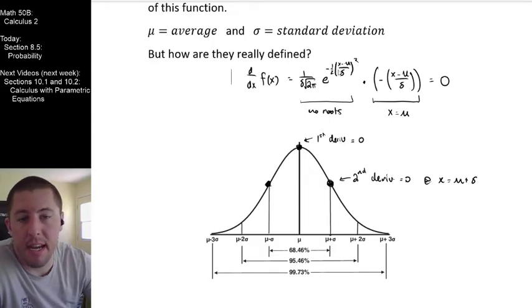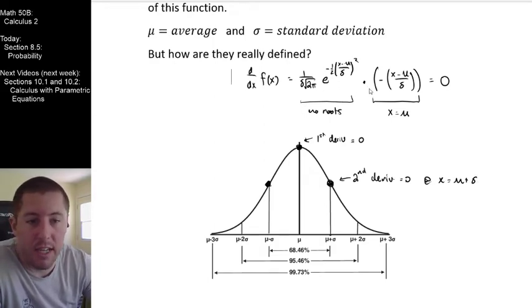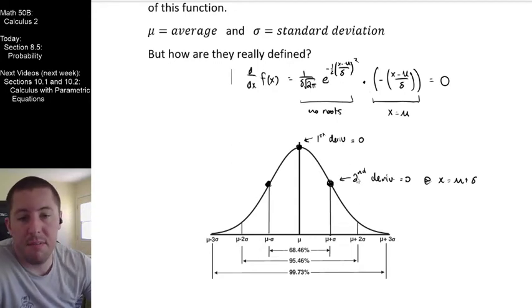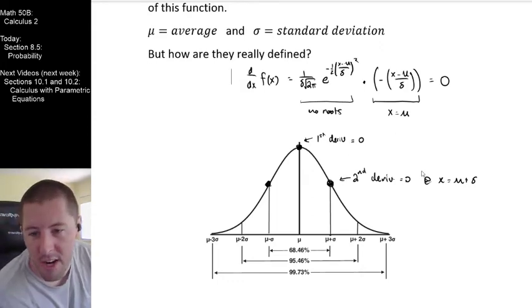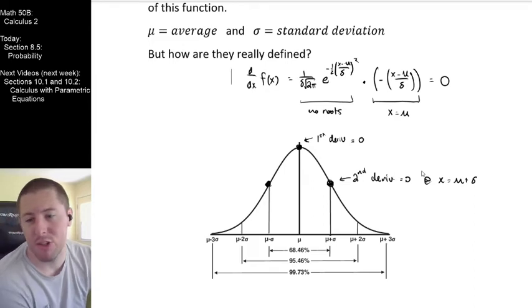So I'm not going to take a second derivative of this guy right now because I don't really care to do that. But if you were to take a second derivative of this function right here, you're going to end up finding that mu plus sigma is the location when you set it equal to 0 and solve. This is where we get our inflection point, right?